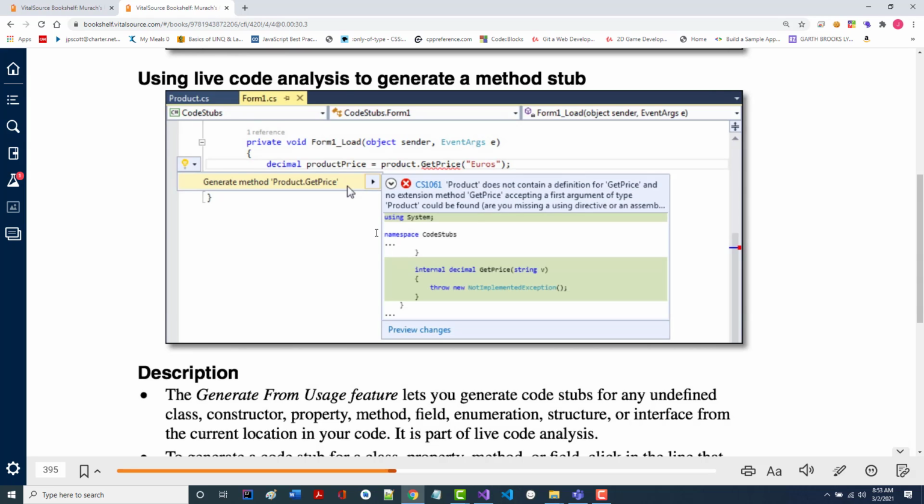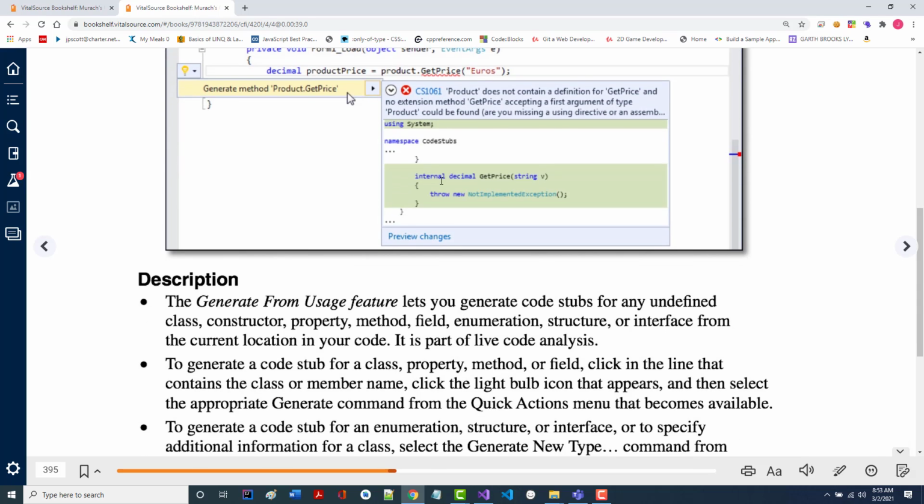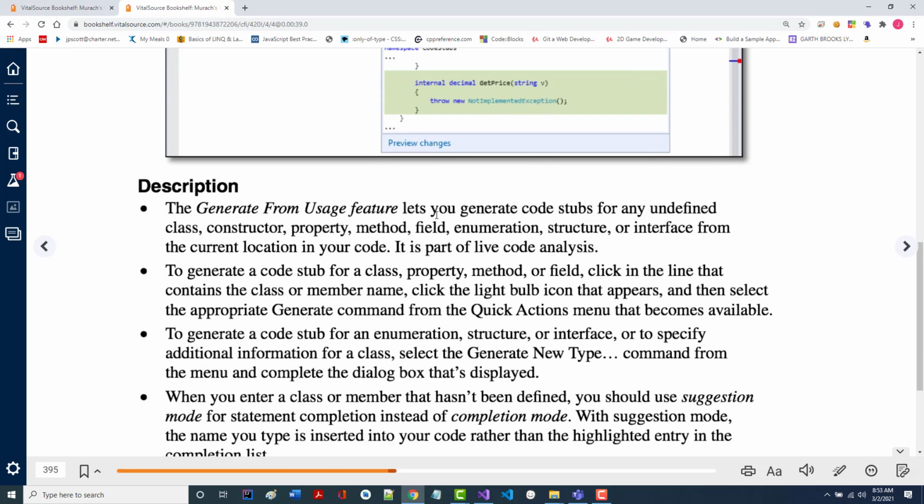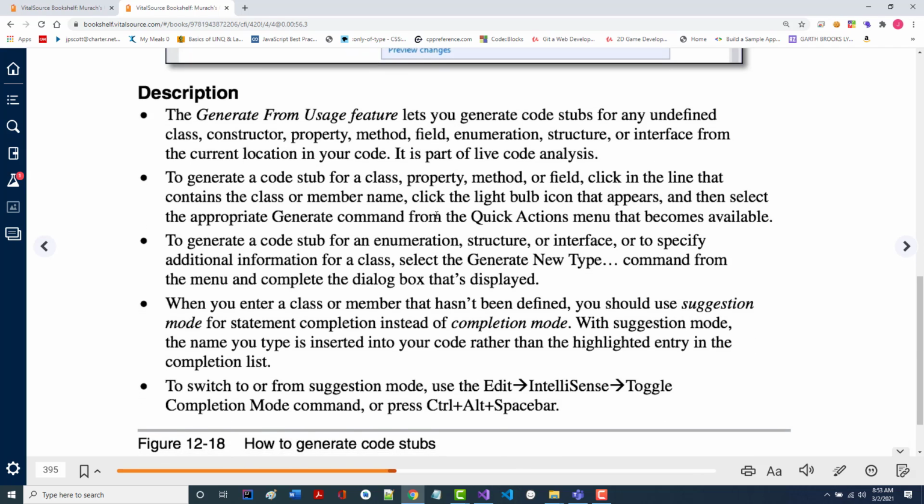Do you want to create it right now? And if you do, it typically will create it, and look what it puts in here. It throws an error message that says not implemented exception, which means that you've got something with no code inside of it. Typically, the first thing you're going to do when that happens is remove that line of code. All right. So as it says in here, it's known as the generate from usage feature.